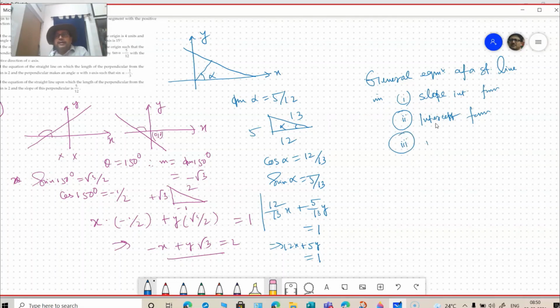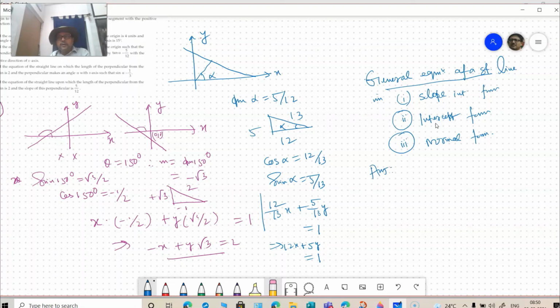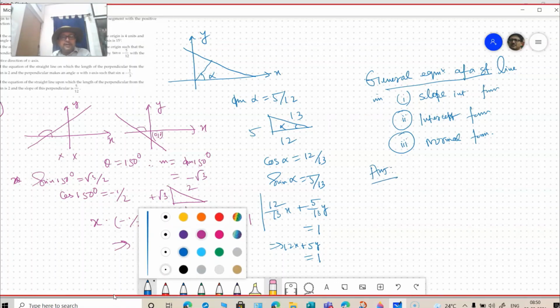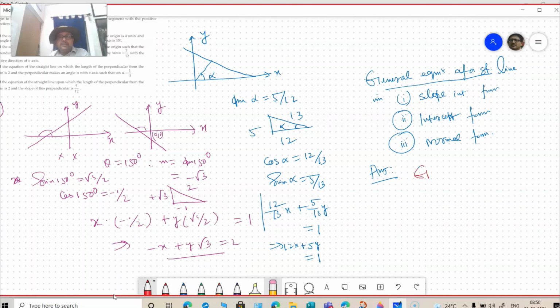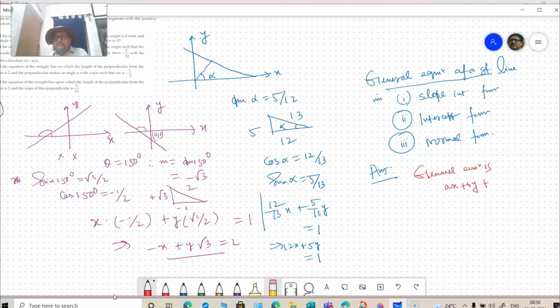Rest of the forms you can try. This is very easy to do. General equation of straight line means it is of the form, this I have explained already. When a general equation of straight line is being considered, that will be of the form, general equation of a line is of the form ax plus by plus